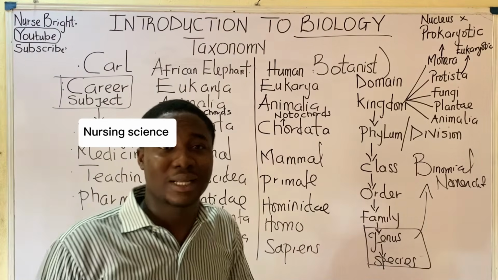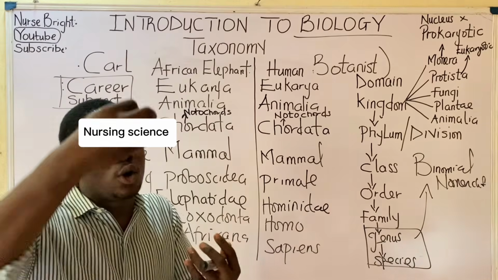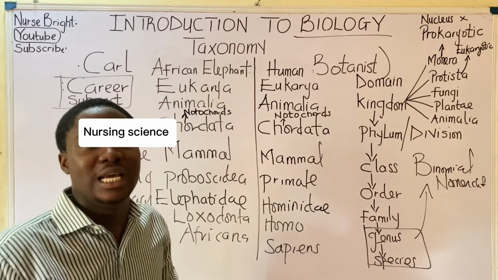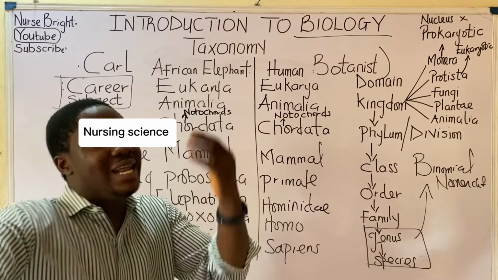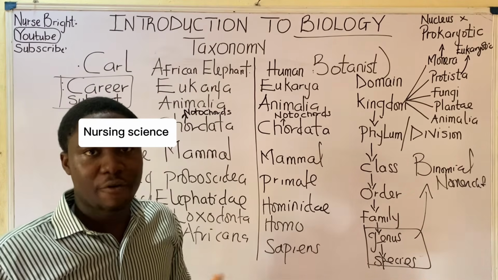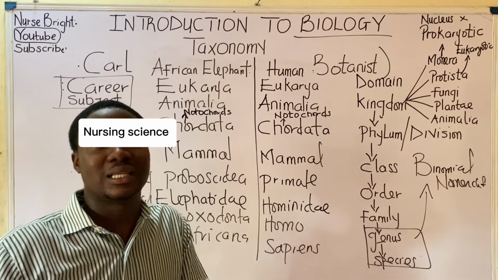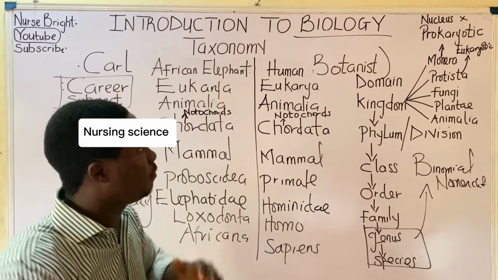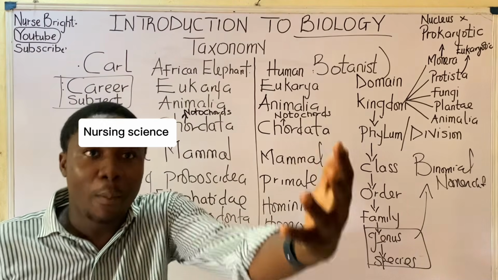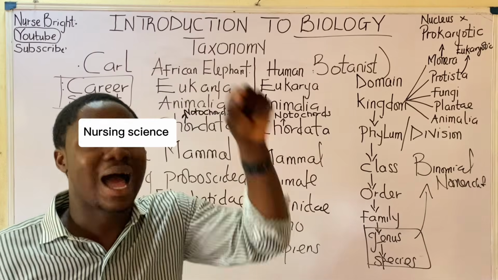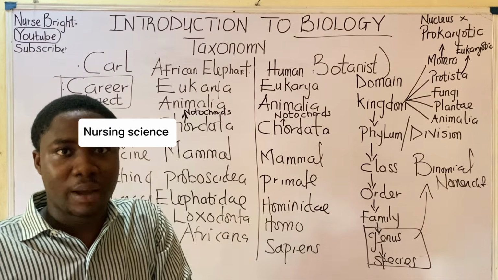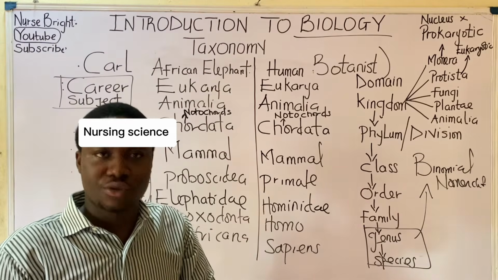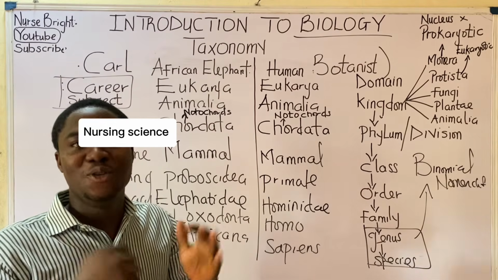Biology is extremely important to us. It helps us humans to understand our body, and also it helps us to relate with the environment. For instance, in the outbreak of a particular disease, the knowledge of biology helps us to curb the pathogen causing that disease. I don't know if you understand my point. So biology is extremely important to us humans.